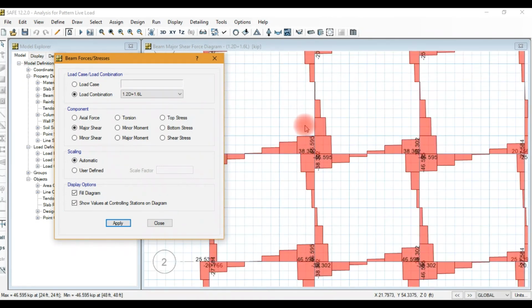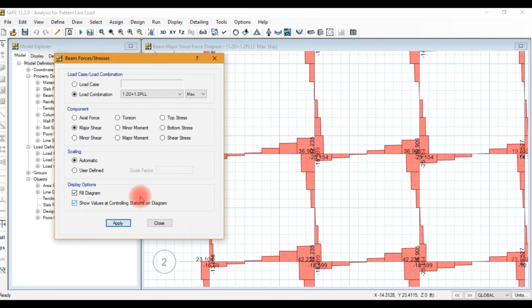Okay, you can see here maximum 46.59 and minimum minus 46.59, but for pattern live load maximum 42.23 and minimum minus 25.